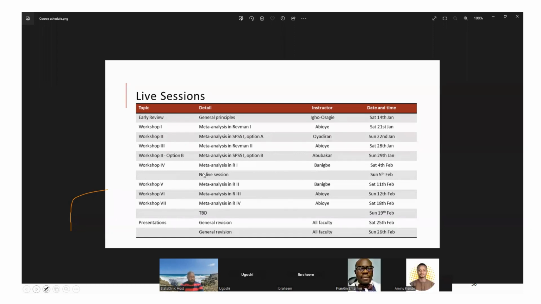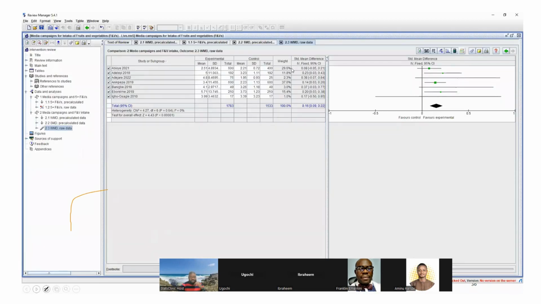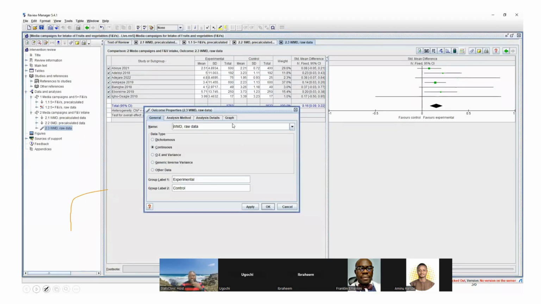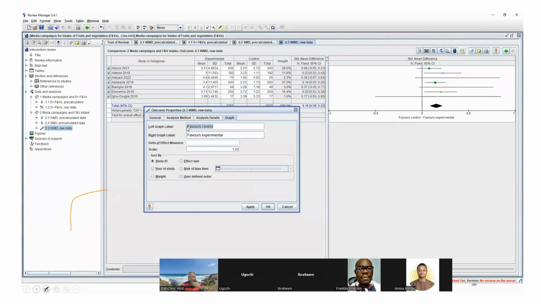I'm still concerned with that favors and control side. I think we need to find out how to do it better. This one, so basically, here. Okay. All right. Okay. I think we're doing something wrong. Maybe the input of the data, or we are supposed to. It's just confusing. Yeah, I agree with you that it's a little confusing, but the issue is that it's